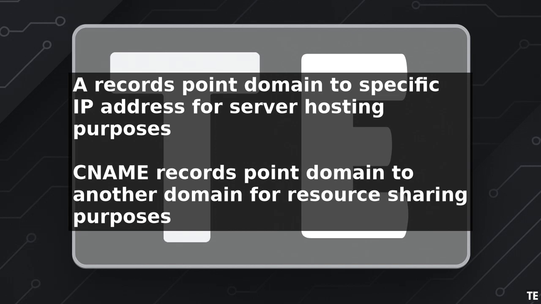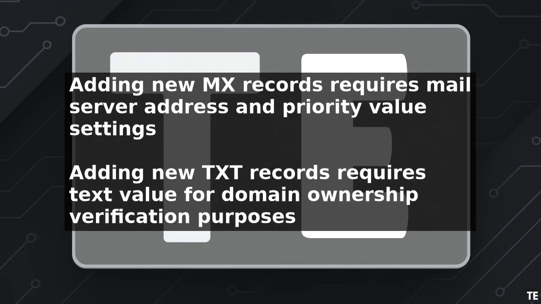To add a new MX record, click on the Add button next to the MX records section and enter the required information, including the name of the record, the mail server, and the priority. The name of the record should be the subdomain you want to set up email hosting for. The mail server should be the address of your mail server, and the priority should be set to a reasonable